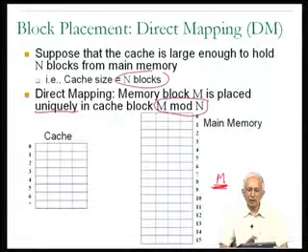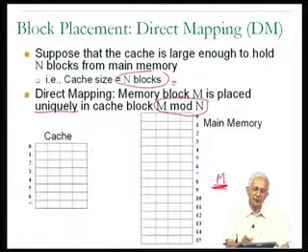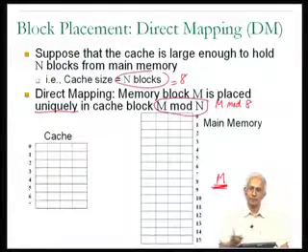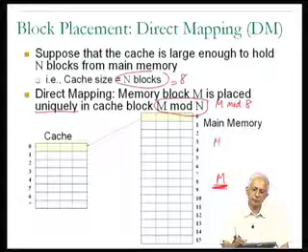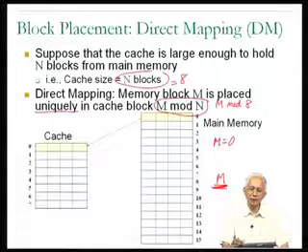Okay, now in our particular example that we are using, the size of the cache is 8, and therefore when I talk about m mod n, I am talking about m mod 8. You will recall that what I mean by the mod operation is the remainder from division, or the remainder from the integer division of m by 8. So let's consider main memory block 0. So m is equal to 0. If I calculate 0 mod 8,